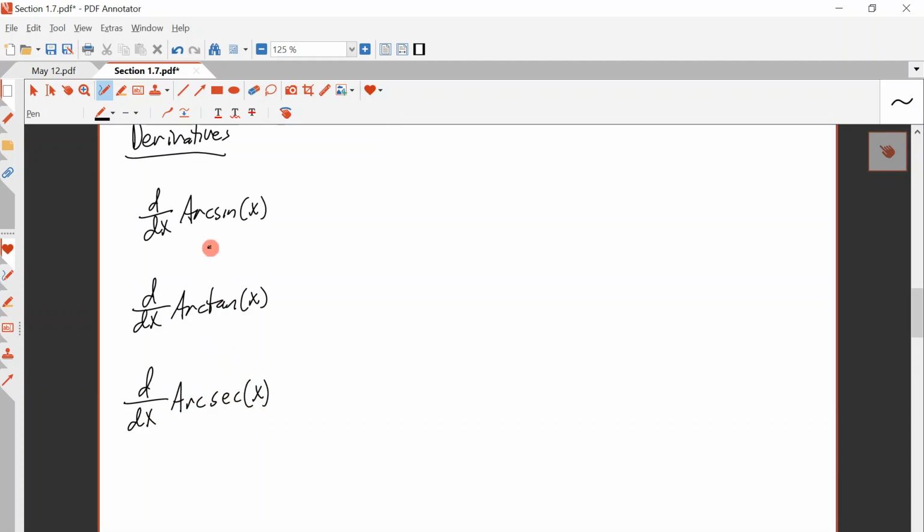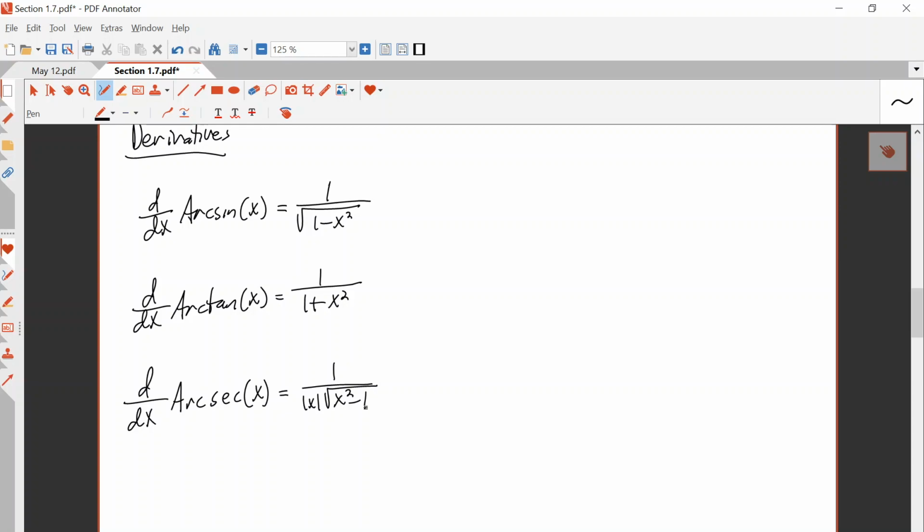They're just negatives of the derivatives of these. Anyway, the derivative of arcsine of x is 1 over 1 plus x squared, or I'm sorry, I got mixed up. 1 over the square root of 1 minus x squared. This one is 1 over 1 plus x squared. And this one is 1 over absolute value of x